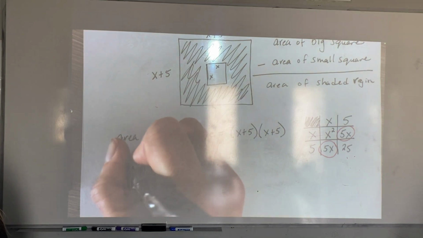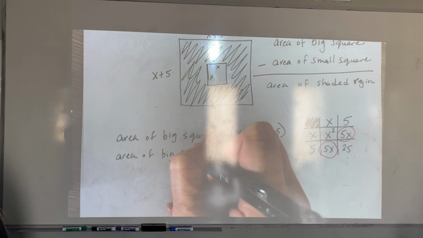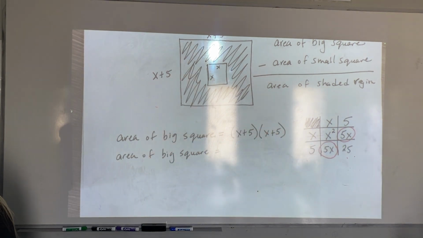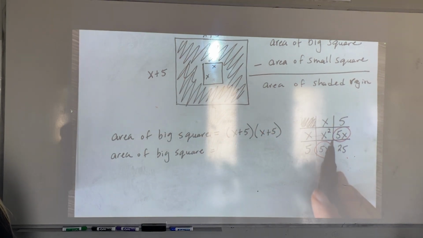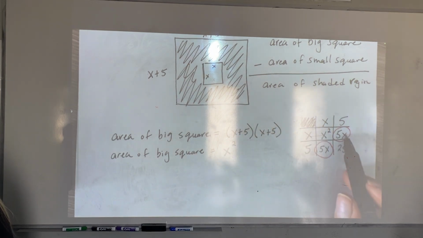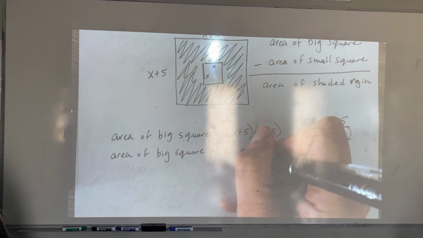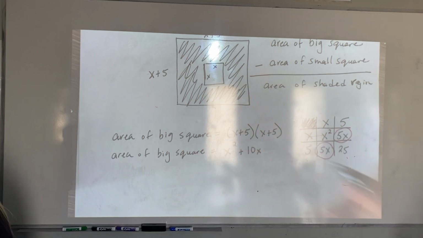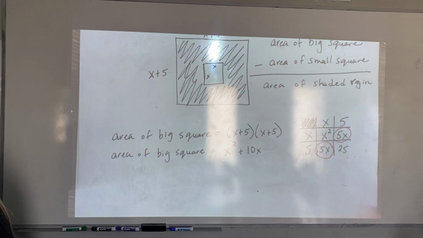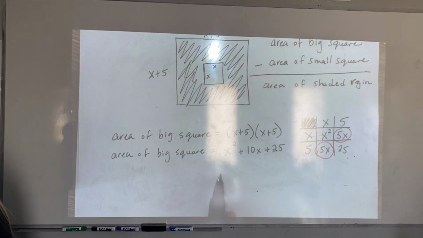So the area of the big square equals, start with your highest degree, x squared. Combine your like terms. Next highest degree is your x terms, so 5x plus 5x is 10x, so plus 10x. And then our constant, positive 25, so I put plus 25. That's the area